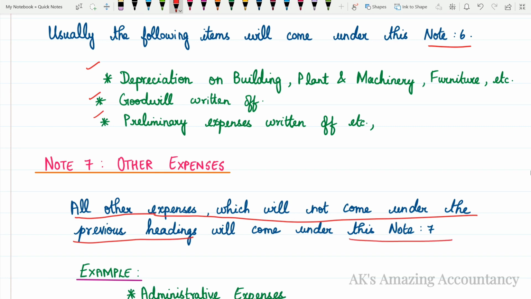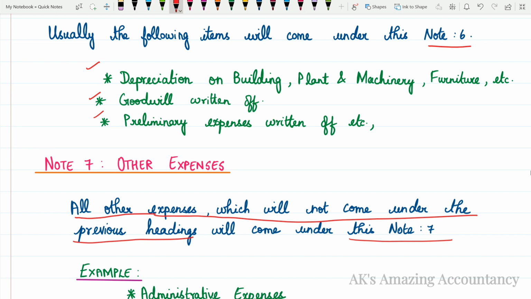Okay, so actually, starting from note 3, we had a list of expenses, isn't it? Like note 3 is for cost of goods sold, note 4 is for employee benefit expenses, note 5 is for finance costs, note 6 is for depreciation, amortization expenses, is it not? All this we had. Apart from these items of expenses, if there is any other expense, that will come under